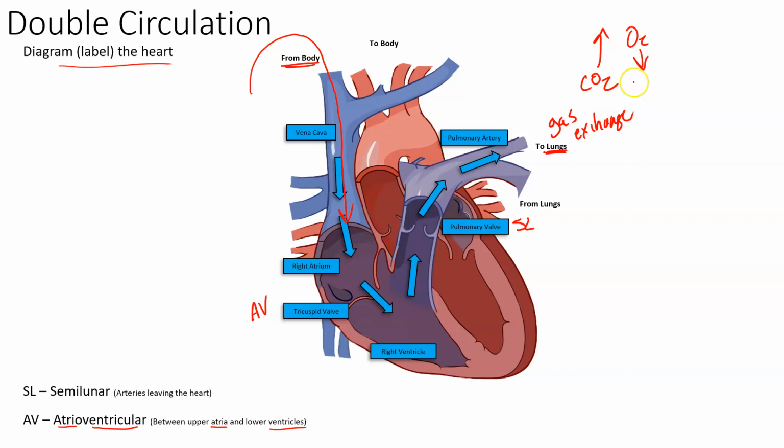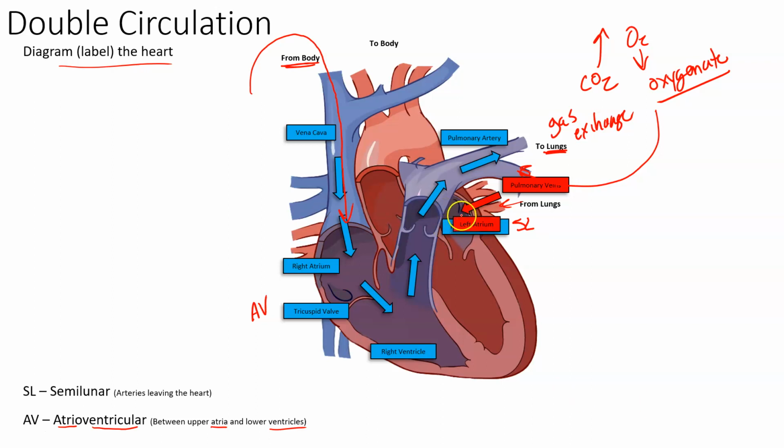And once we oxygenate the blood, which is the role of the lungs, the blood is going to return back to the pulmonary vein. Okay, pulmonary artery takes it to the lungs. Pulmonary veins are going to return the oxygenated blood from the lungs back to the heart. Again, now we're switching to red. So that blood that is now oxygenated returns to the heart through the pulmonary veins and will fill up this